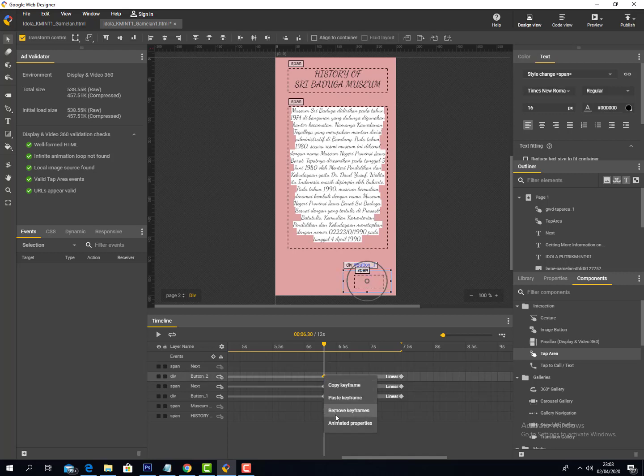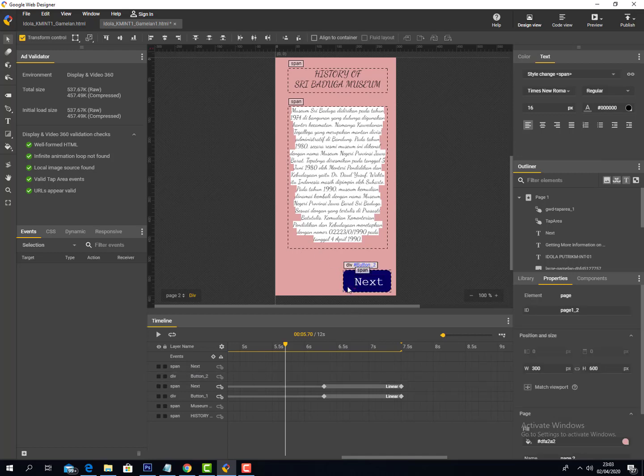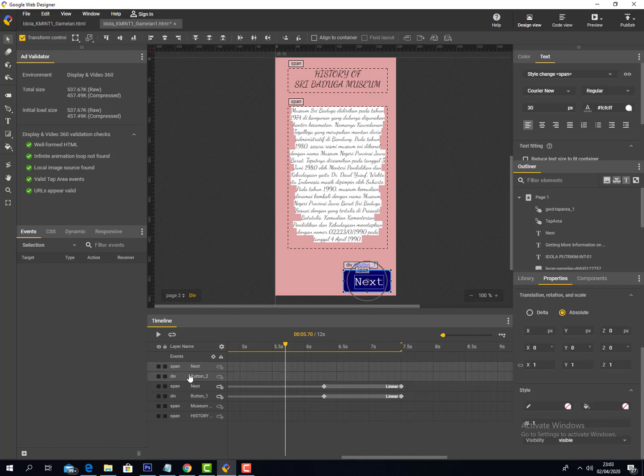I'll remove the keyframes from one of them and then put back the opacity so I can see which one is which button. Then I click it and drag it to a different position.